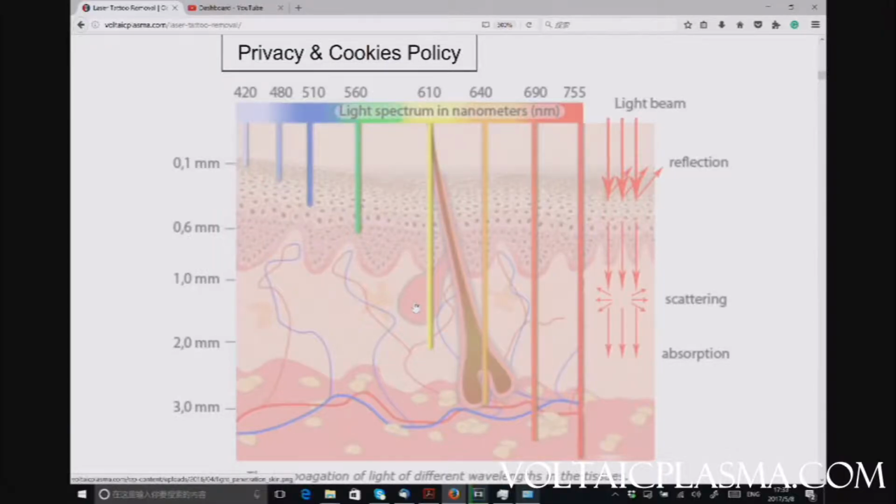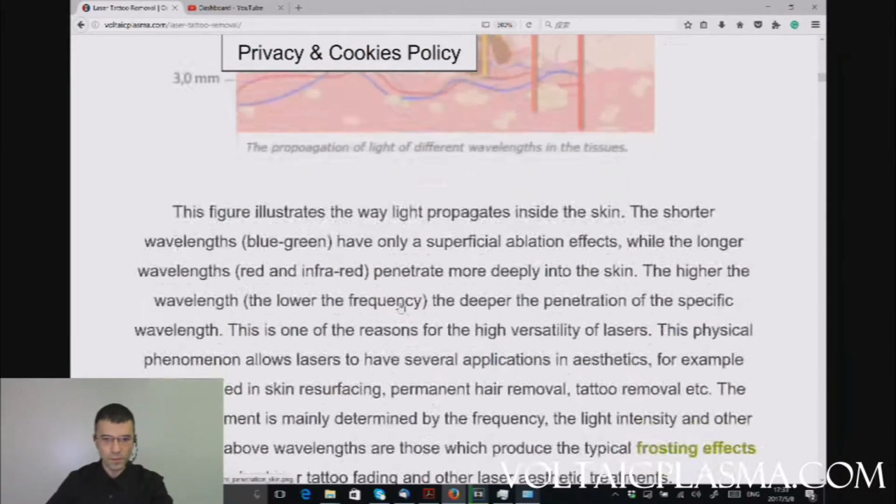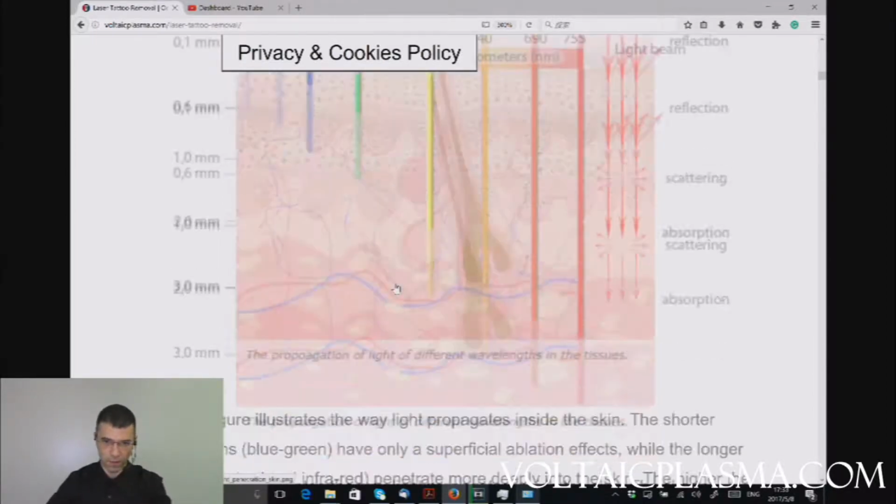the tattoo section, where we showed you where the tattoos are located. So we're going to go back into that. Okay, and so this is why we're selecting this sort of wavelengths, and we'll talk more about the wavelengths, but depending on the type of color, you have to select a certain type of wavelength